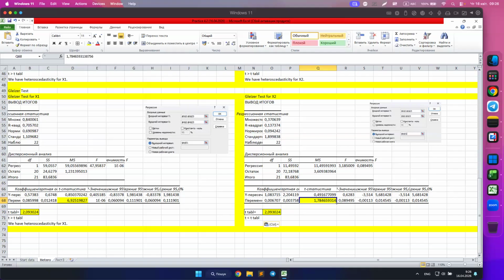In this case, if the t-table is greater, this Glejser test shows us that we have homoscedasticity for x2. We don't have heteroscedasticity because the t-table is more than our t-value. And we achieve